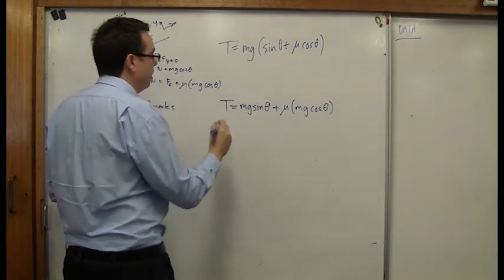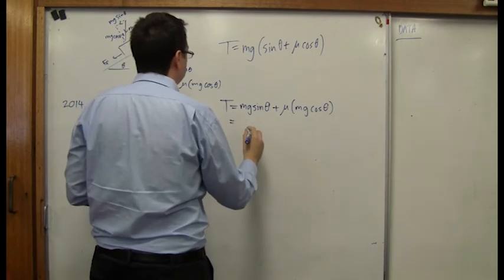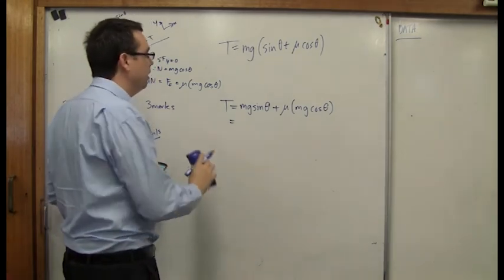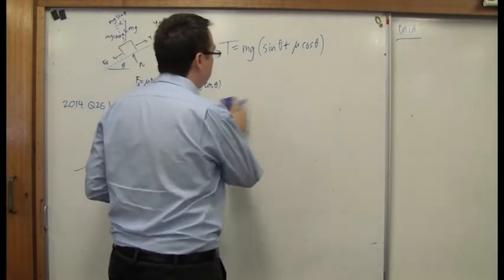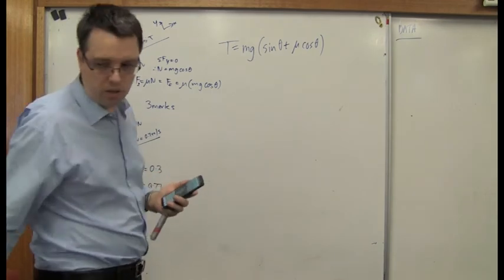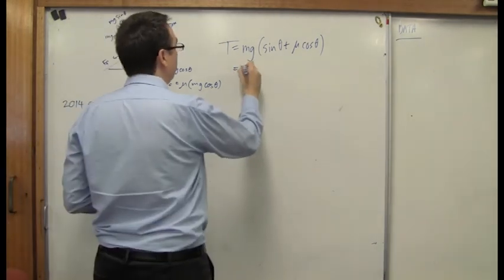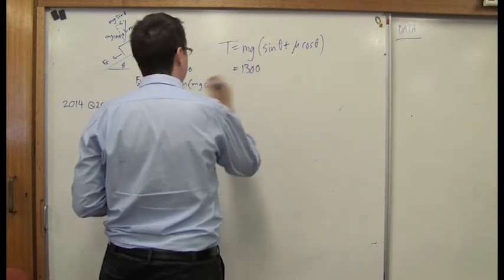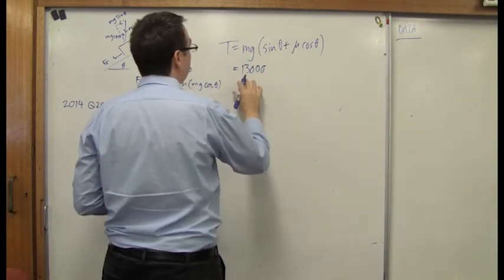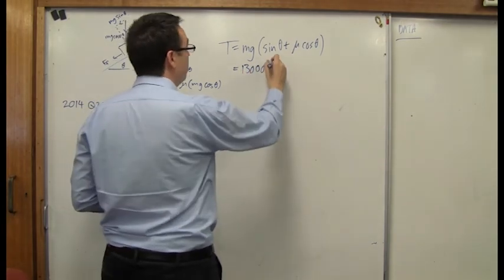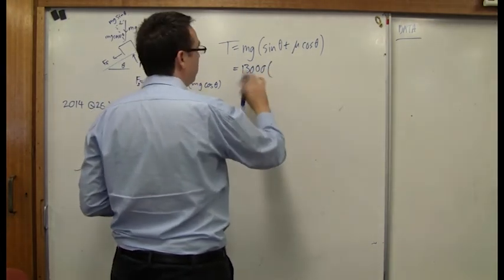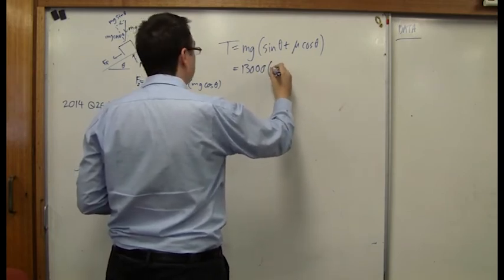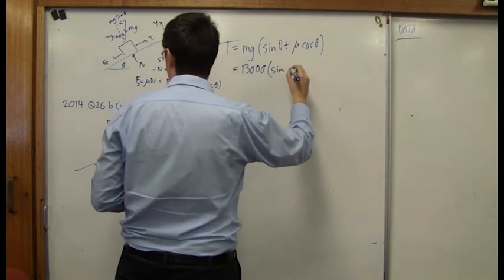Okay, so we're going to find our T. I'm going to use the factorized formula. Now that I've proved that, the HSC answers don't use it, but I'm going to use that one because it's slightly faster. So I've got 13,000 newtons, when I multiply 1.3 tons by 10 for gravity. It does change your answer a little bit if you multiply by 9.8, but 10 is fine. And then sine theta, so sine 20 degrees,